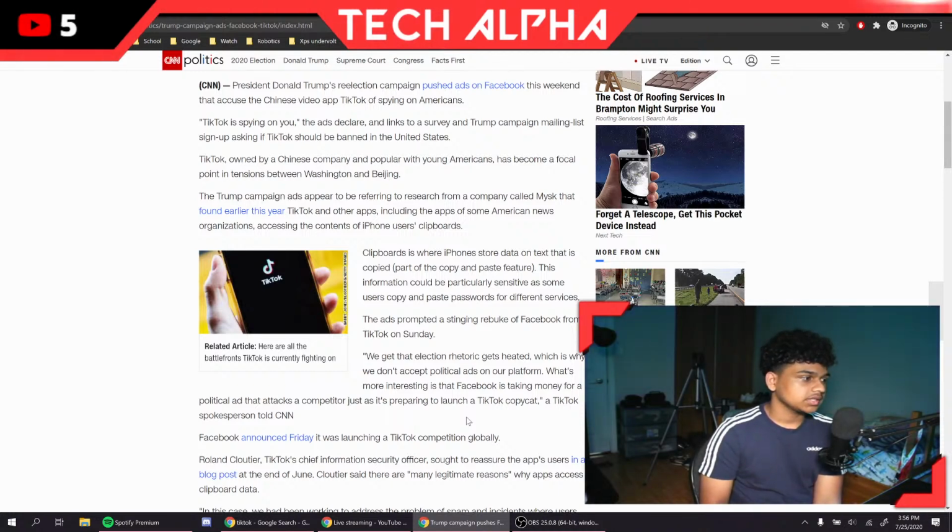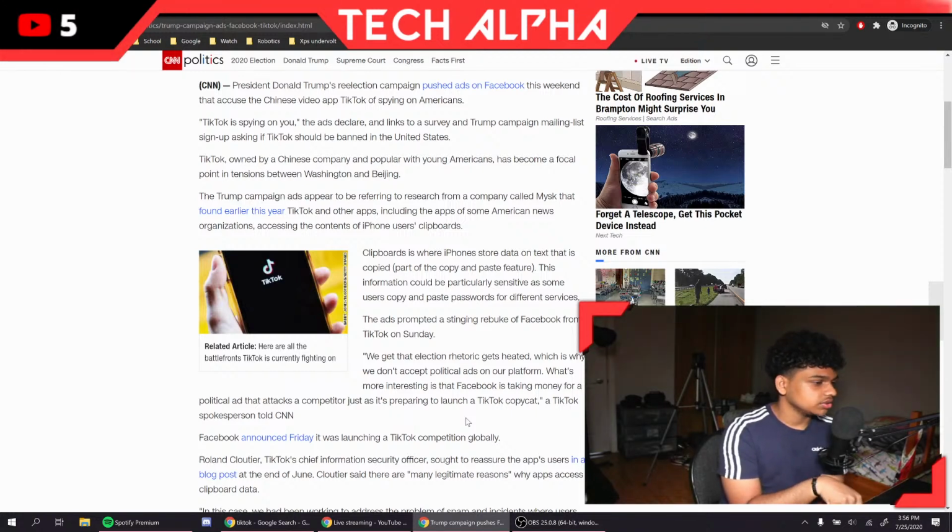Nevertheless, TikTok, along with some US news apps apparently, have access to your clipboard. So if you copy something sensitive, like your house address or one of your bank passwords, whatever you copy, they basically observe.